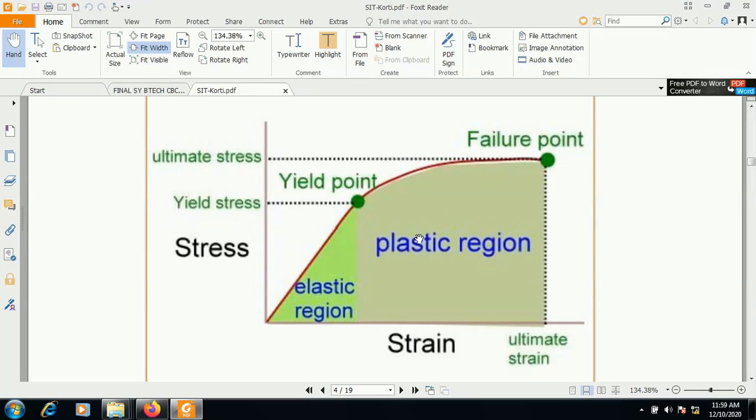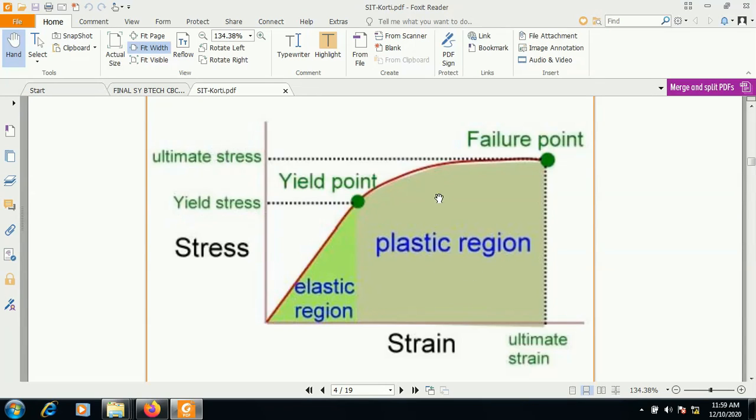For deformation of the metal, we have to hammer the metal or stretch the metal up to its plastic region. Permanent deformation of the metal is only obtained in the plastic region. Up to the elastic region, after releasing the externally applied force, the metal will regain its original size and shape. But in the plastic region, there is no possibility for the metal to regain its original size and shape.